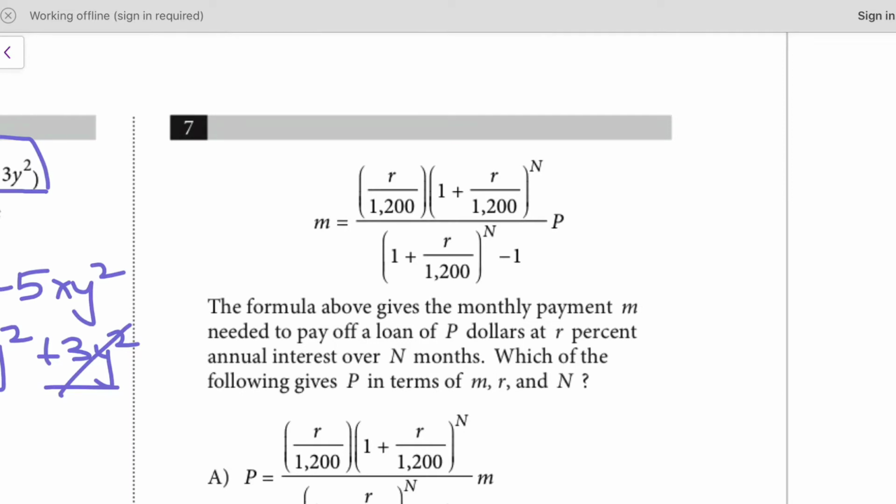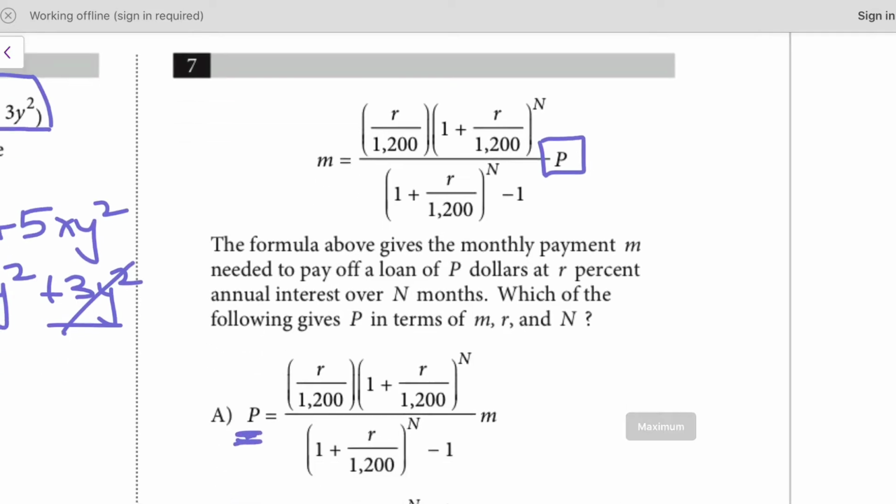The formula above gives the monthly payment M needed to pay off a loan of P dollars at R% annual interest over N months. Which of the following gives P in terms of M, R, and N? So to solve this question, all I have to do is treat it like a normal algebraic equation. I want to isolate P, or isolate the variable to one side,